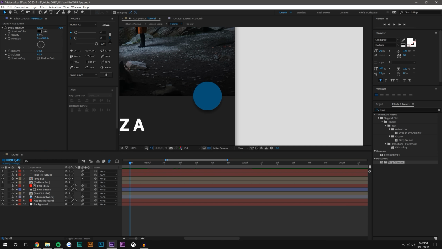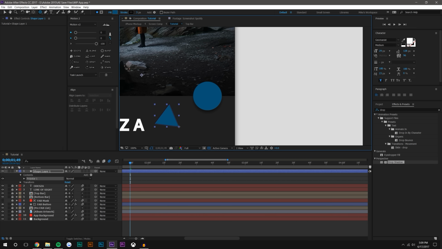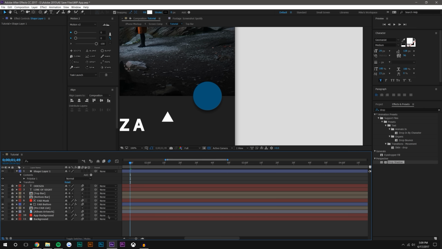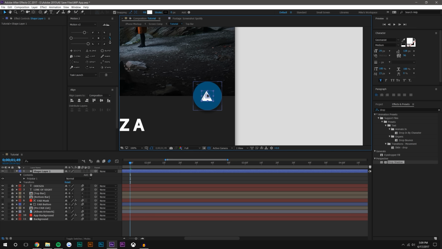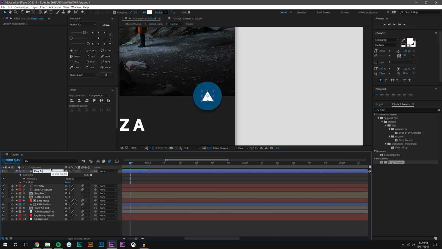If you come up here to the Polygon tool and you press up and down on the keyboard, you can make a polygon of any size, but you need it to be 3. So just press the downward key on the keyboard, and I'm going to hold Shift to make sure it's aligned perfectly. And I think that looks good. I'll probably have to resize it, but that's okay. I'm going to make the stroke 0 and the fill white. So I'm going to move the anchor point to the center. I could have pressed Y and moved it, but that takes too much time. I'm going to rename this to the play and pause